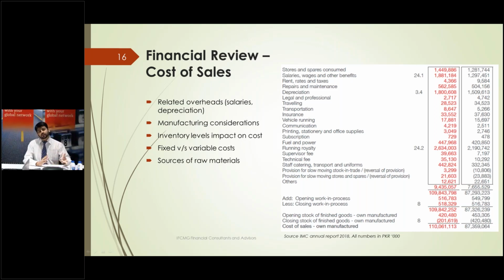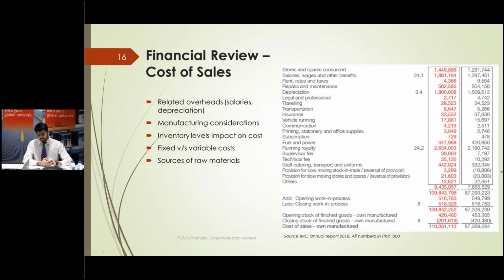However, contrastingly, if we say that okay, we need to get a new, more efficient plant, so that initial cost of plant will be very high, but the plant will pay dividends when you have efficient consumption of raw material. We have lower repairs and maintenance costs, but the impact will also be again increased depreciation cost due to the high cost of the plant. So these are things that we need to consider.